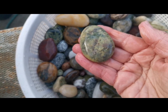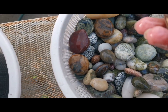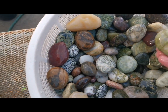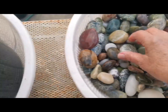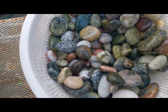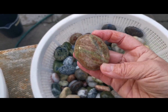Always important to keep them wet while they're waiting. I don't know, they've been washed pretty well, but sometimes if there's any tiny little micro cracks and you've got a little bit of grit in them, that's not good. And I like to keep them in the water. But these are pretty smooth anyway. Right, so I'll put some water in that, I will zip it up, and it will go on the tumbler